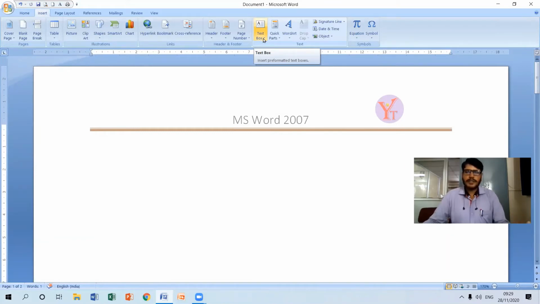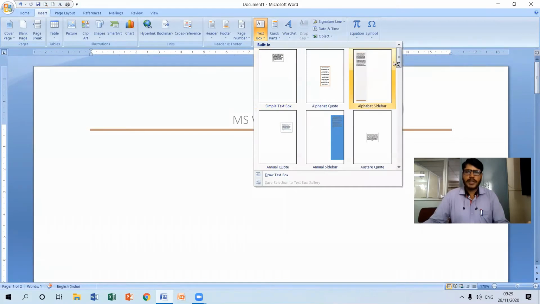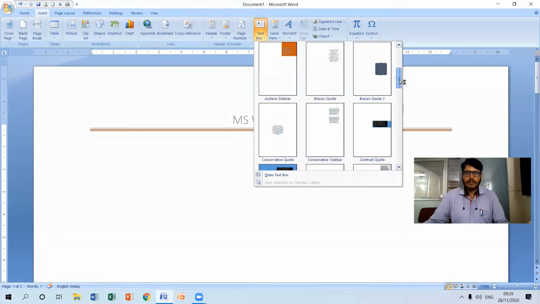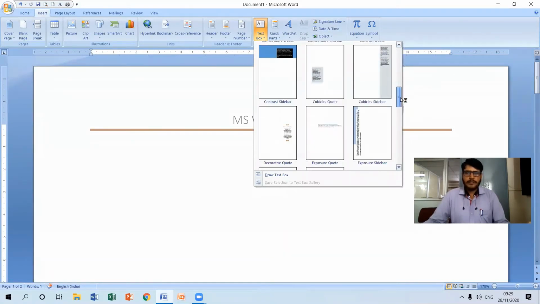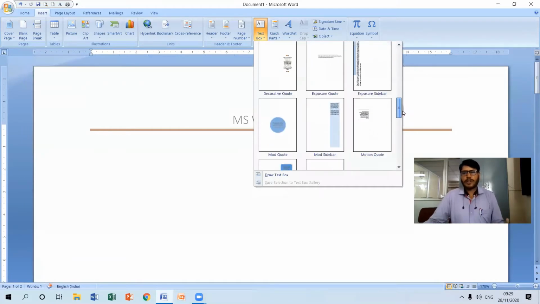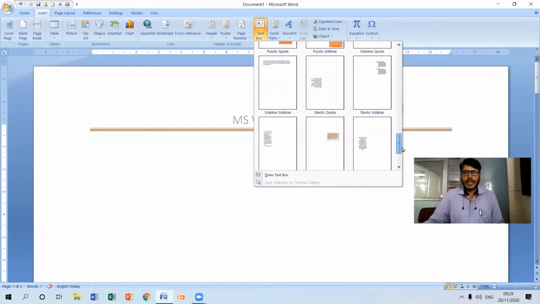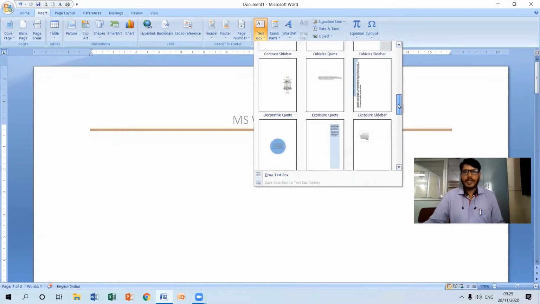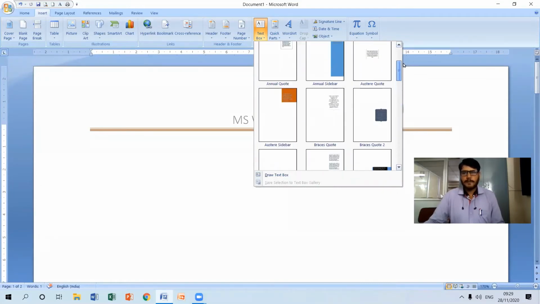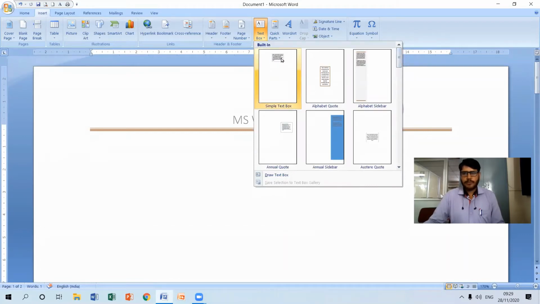If I click on this, you can see various built-in predefined text boxes available, and whichever is suitable for your document, you can simply select that, and by default it will include that particular text box. So now for example purpose, let me include one sample text box here. So let me use one simple text box here.